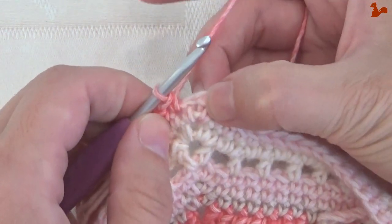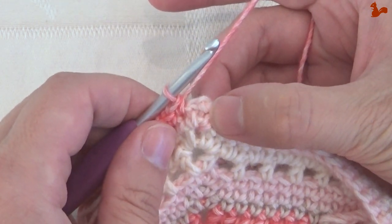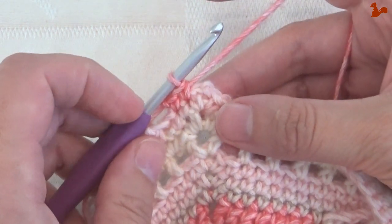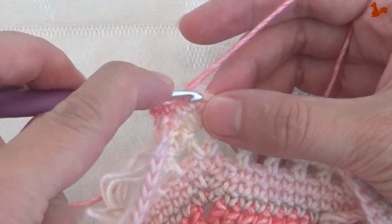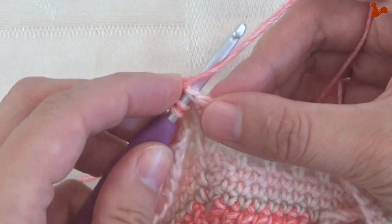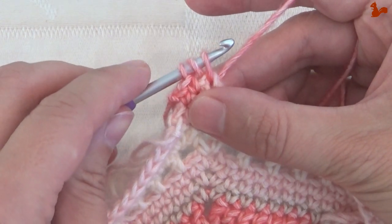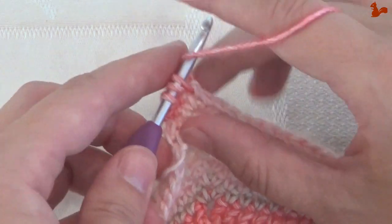The repeat is here in the corner. I'm going to start with a new corner stitch. We're going to make a puff stitch in the corner. And the puff stitch is a lot of yarn overs. So yarn over, insert into the space, and pull up a loop. It was once. You're going to do this 4 more times, 5 times in total. So that was 1, yarn over,